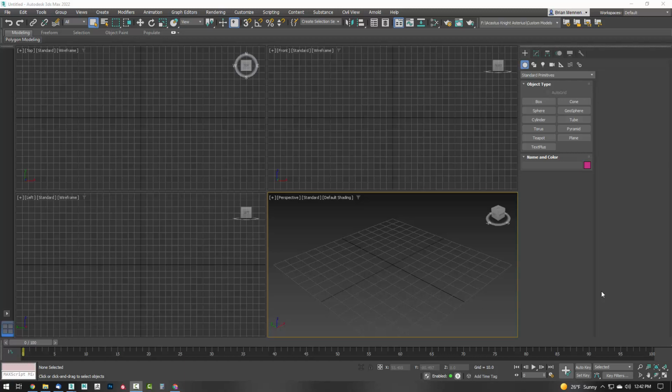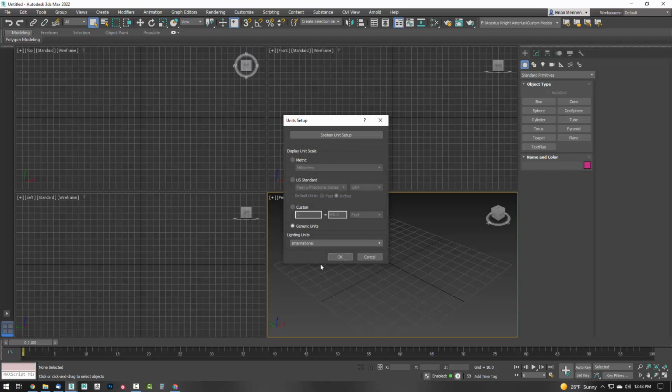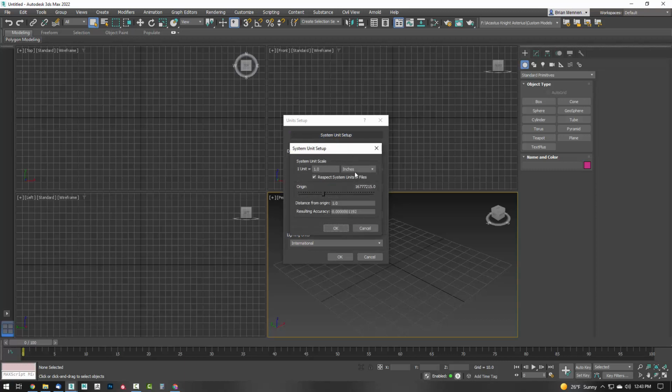All right, when you are considering doing 3D modeling for 3D printing, it's pretty imperative that you actually understand unit setup. Now, every piece of software I imagine is going to be slightly different for this, but they're probably all going to be pretty similar. In 3ds Max, you need to go to the Customize Unit Setup. Before you do any modeling, you want to go in here, click on System Unit Setup, and make sure,